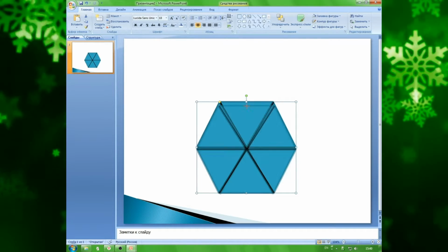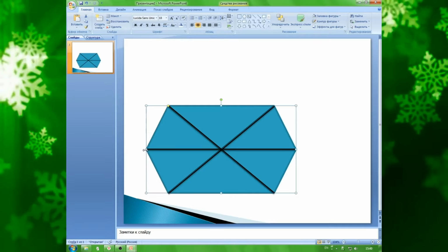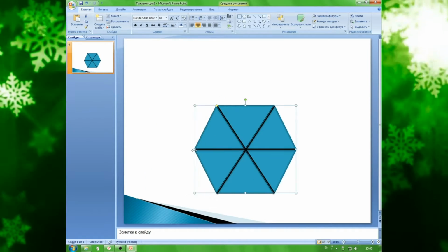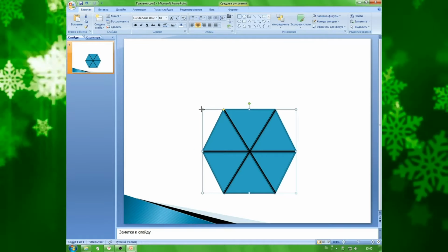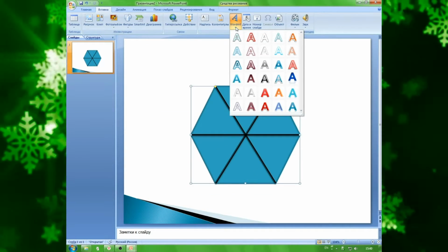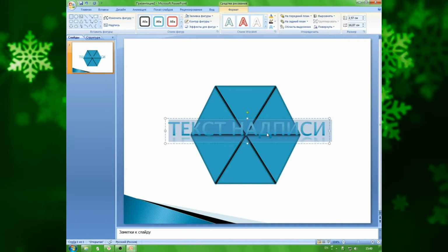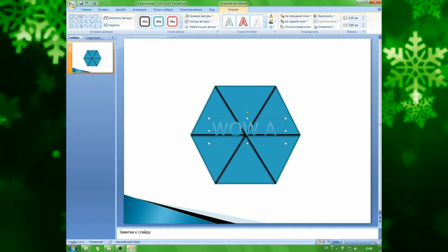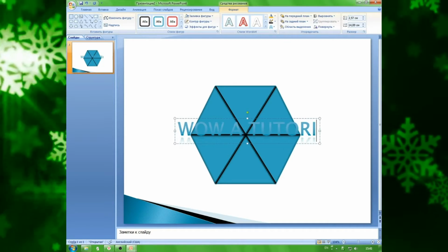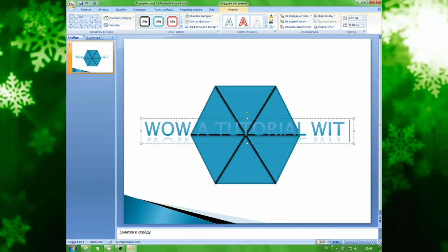By the way, if you made it correctly, the lines should move with the hex and change their length, but I recommend making a regular hexagon. Don't forget to put a title after you place the hexagon template. You need to put it right now because it will be a pain to put the title in after you've done everything else.